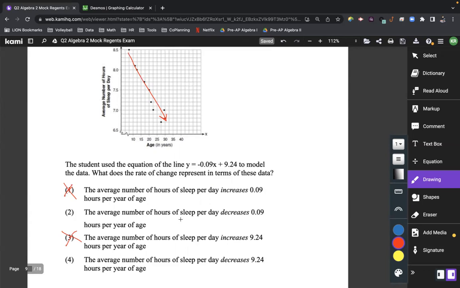And let's see what these answer choices are. The average number of hours of sleep per day increases, right? So this is my slope. So it needs to be incorporated. The average number of sleep per day decreases by, no, that's not average rate of change. The answer here is 2. And golly, 77% of you